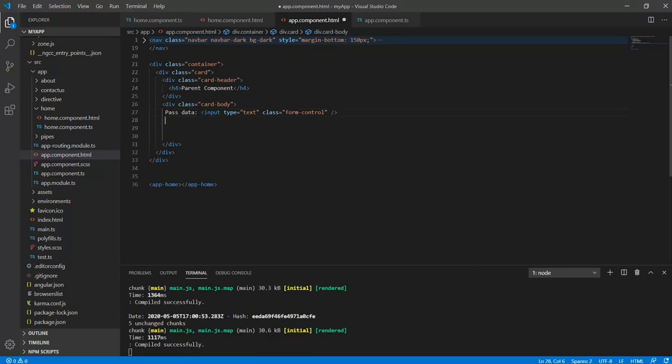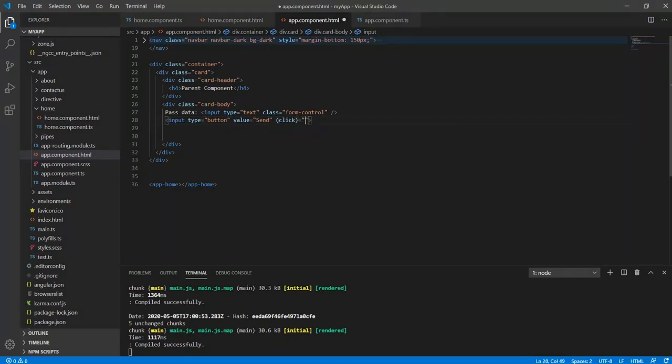Now our next step, we'll just create one button. So input tag again, and this time we'll use a button, and then add a value. So we'll add a text sign, then we'll create a click event. It's an Angular event.